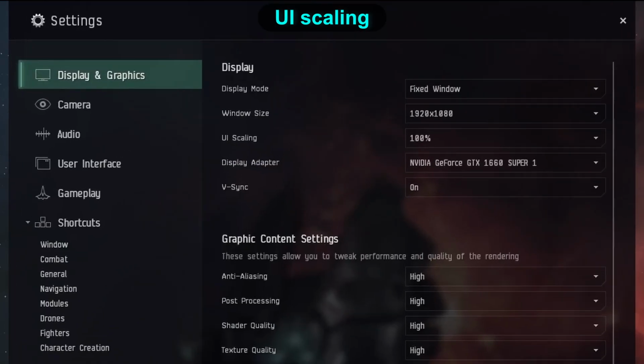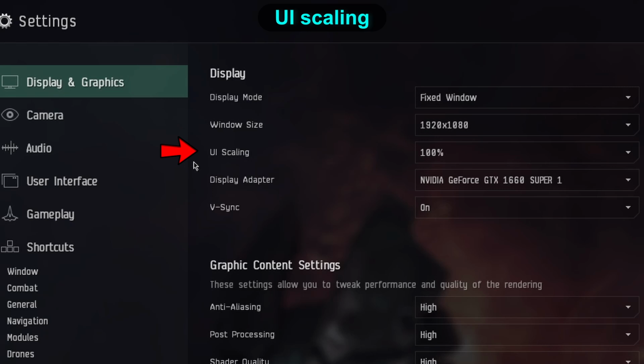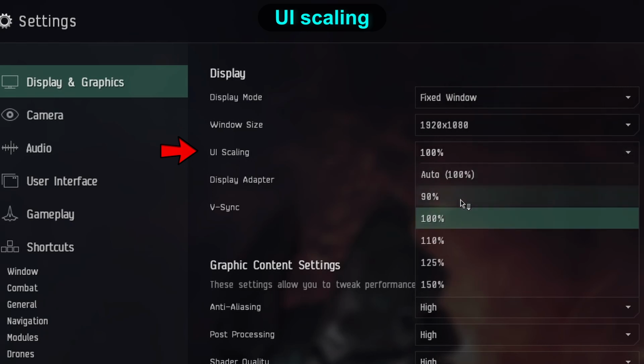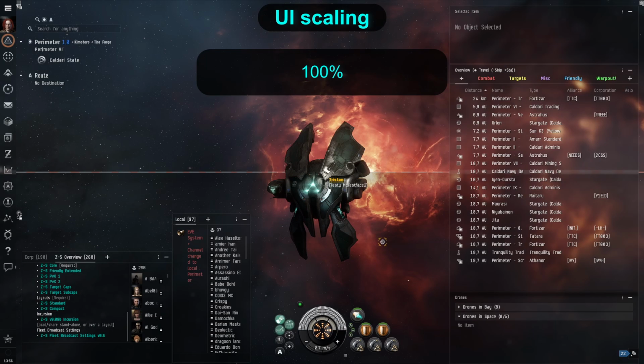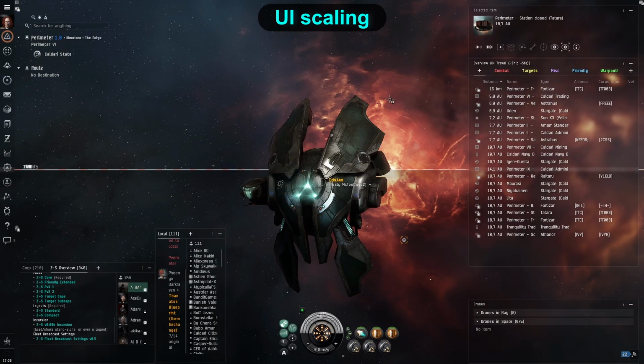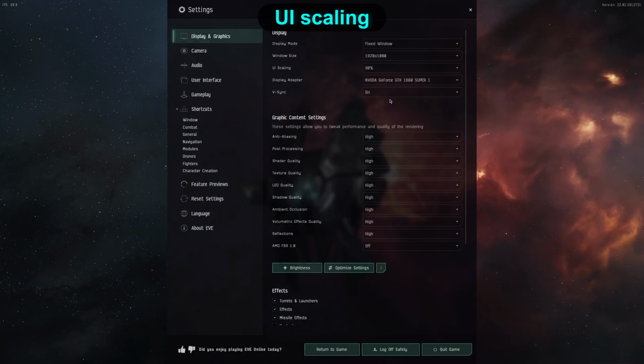Hit escape and look for UI scaling option just below the display mode and window size. If you push it down to 90%, it can help you squeeze that UI a little, helping you get the information you need on the screen. And while we're in that display settings menu,